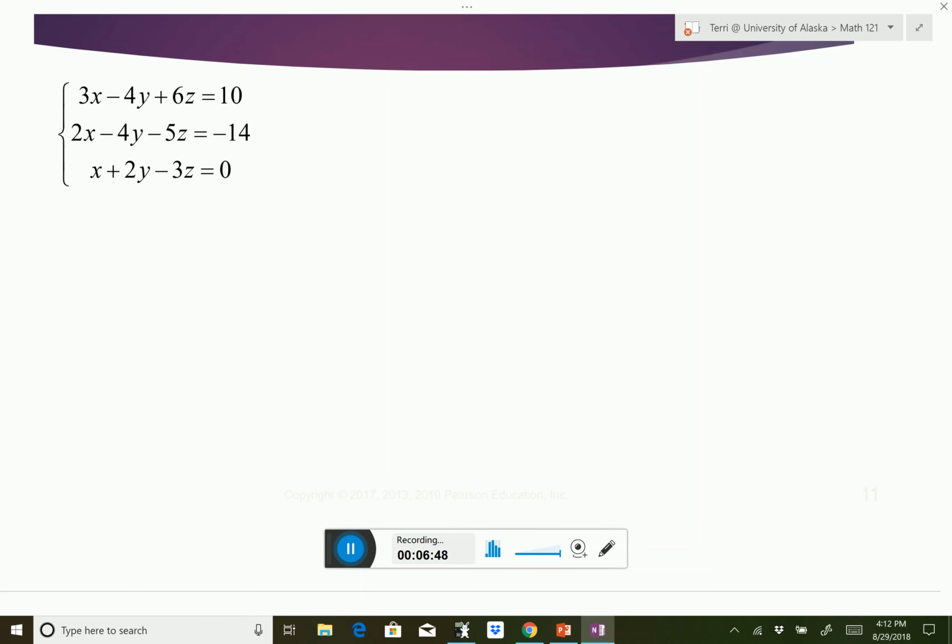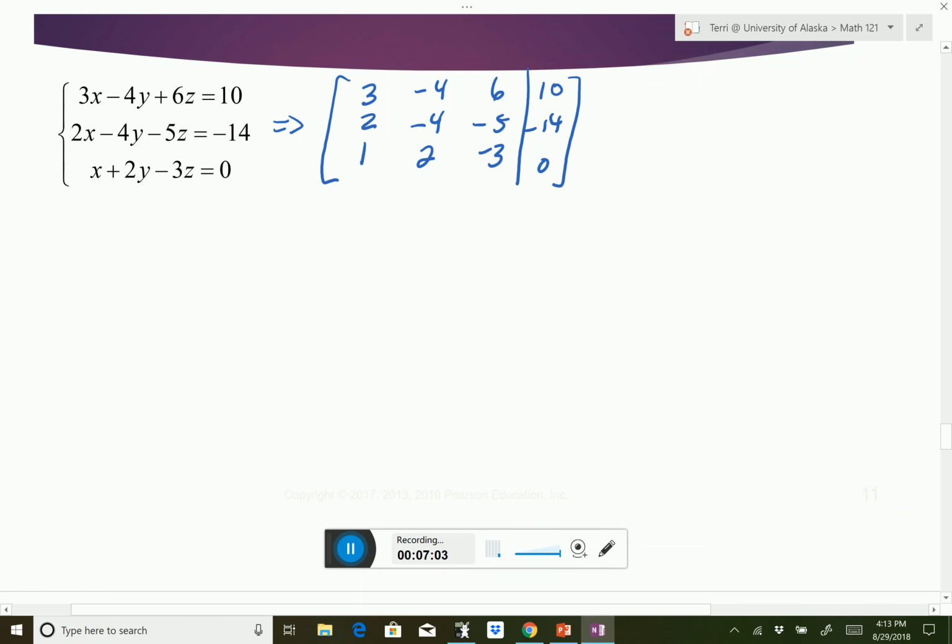I'm going to make this into, my first step is make this into an augmented matrix. 3, 2, 1, -4, -4, 2, 6, -5, -3, and 10, -14, 0. That's my first step. Now the next thing that I'm going to do, I want that first thing to be